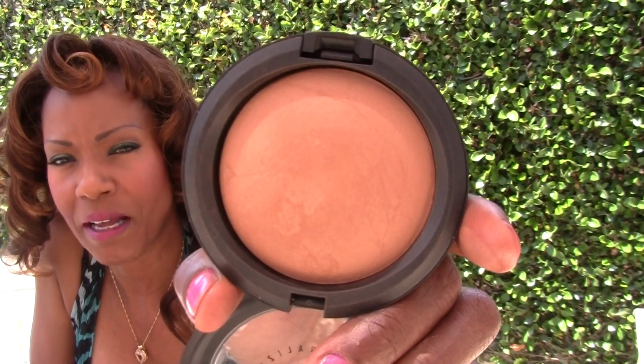I posted the comparison because I have blog followers and then I have YouTube followers, and my blog followers have never been to my YouTube channel. I have my email on my blog and I get emails asking me, what's the difference between this and that? Someone had never really worn mineralized skin finishes, and I was trying to explain in my comparison that this mineralized skin finish natural replaces the blot powder. You know how we used to keep our little blot compacts in our purse and blot the oil away? This replaces that. So I did a comparison of these two, Give Me Sun and